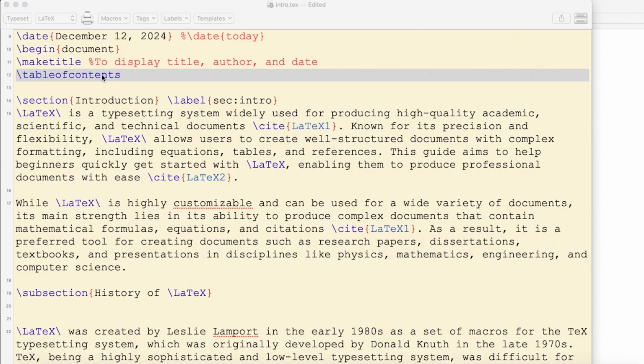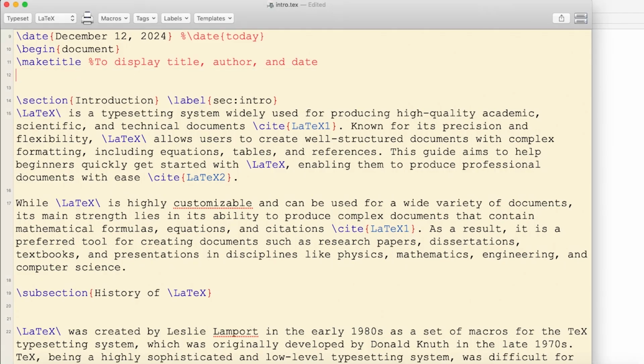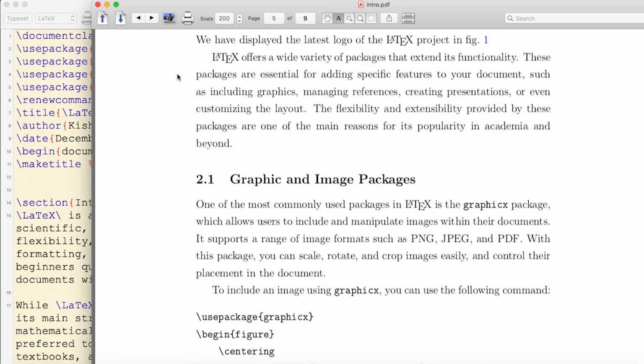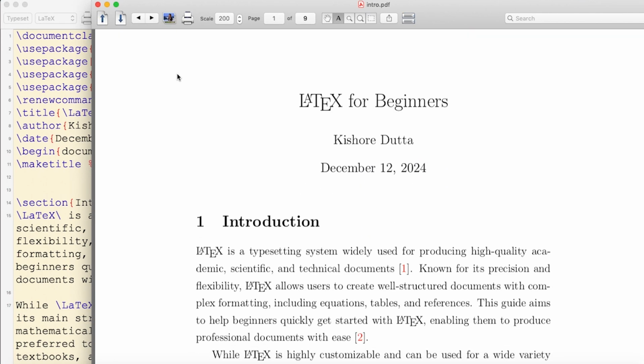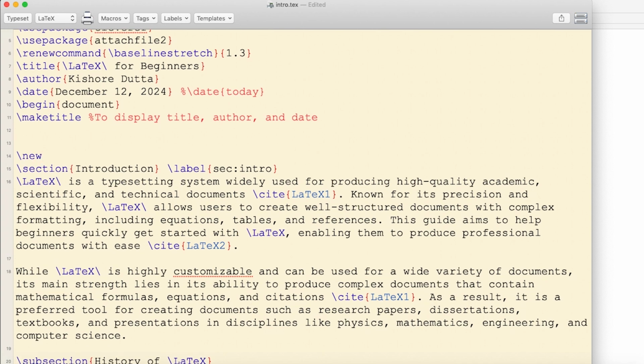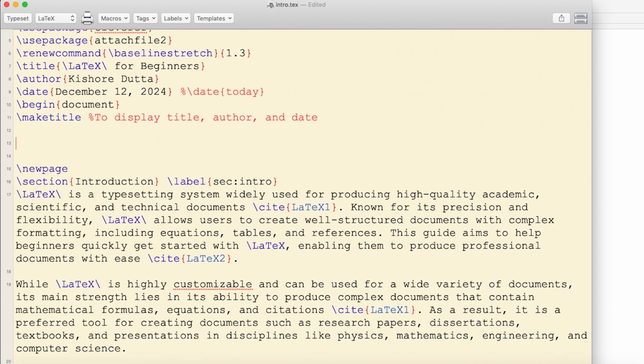For example, let's discuss some additional examples of how to use the amsmath package in different scenarios. Let me open TeXShop. So here I am removing the table of contents, and the output looks like this one. Now let me use a separate page. So I am giving the new page command, and then I am writing additional